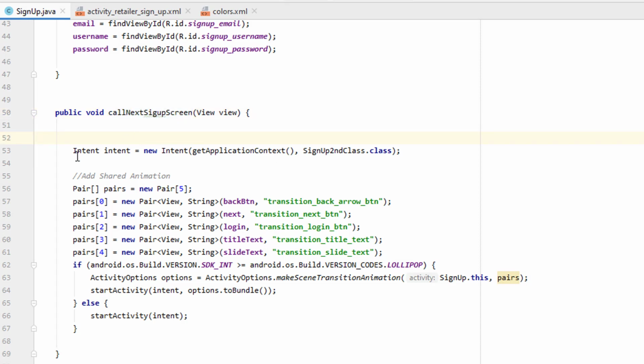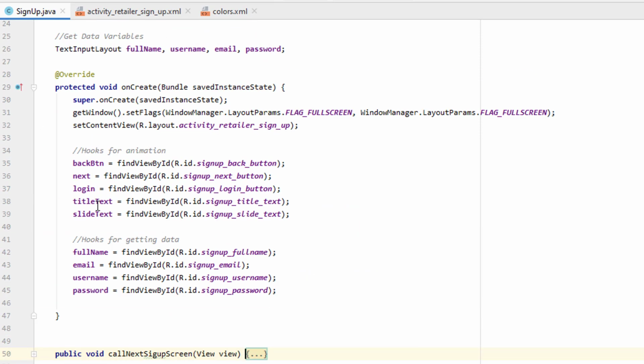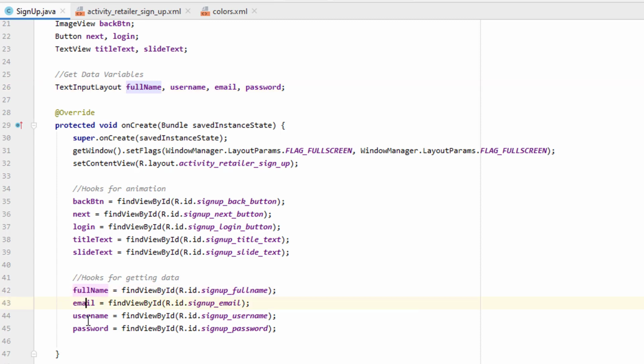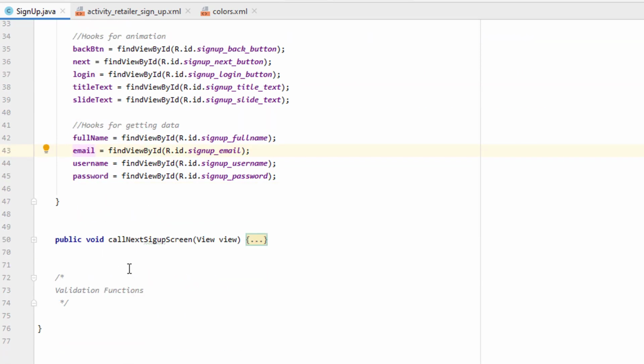As I told you, we were just adding some animation and starting this activity over here. So for now, let's close it. The first thing you need to do is declare the variables. As I told you, this is the text input layout, and we have 4 variables, and then we have created 4 hooks as well. So now, before calling anything inside this function, we need to create some